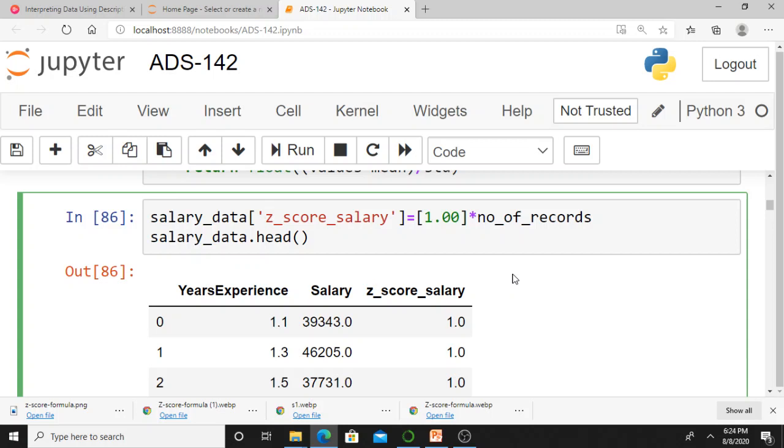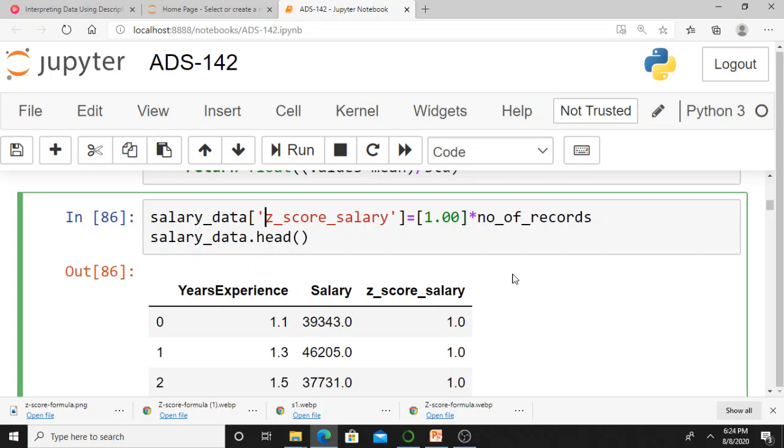In order to express salary data in terms of Z score, I am going to run a for loop through every record in my salary data, and for each record I will invoke the Z score function which we defined. The input to the Z score function includes all of the values in the salary column and the current salary value for which we want to calculate the Z score. Once you execute this bit of code, you will have all our salary data expressed in terms of Z score.